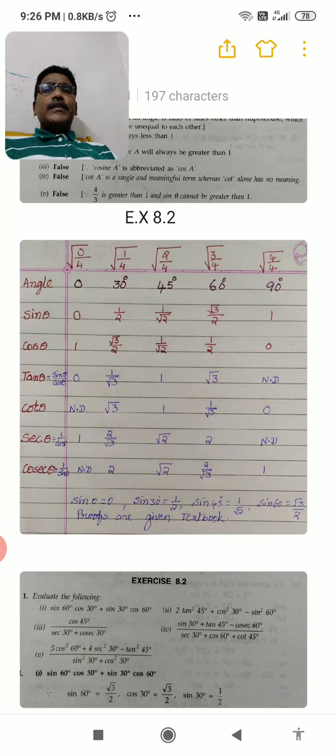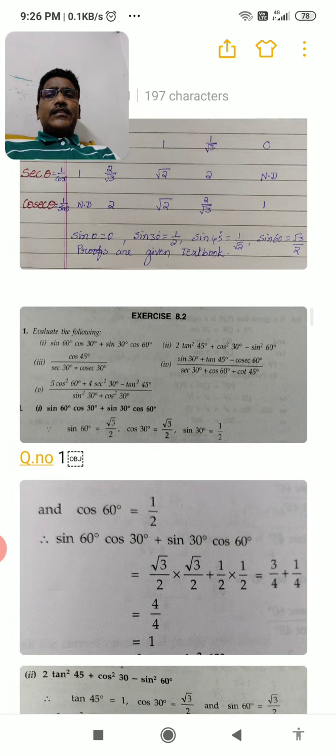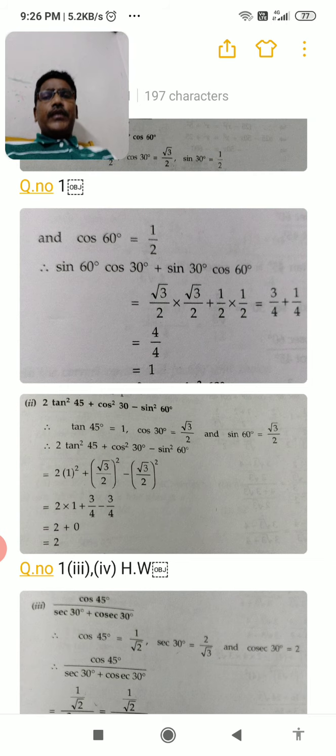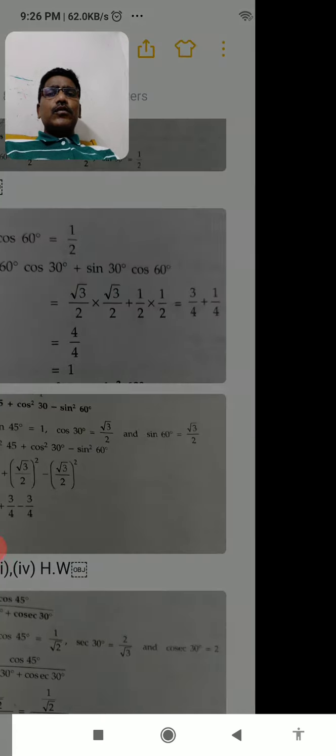After that, just open the bracket, take the LCM, and do multiplication, addition, subtraction, rationalization. Only these small things are needed to solve this. So I will try to explain one of the sums of this model. For example, I am taking question number 2 here. You observe, question number 2 is here.